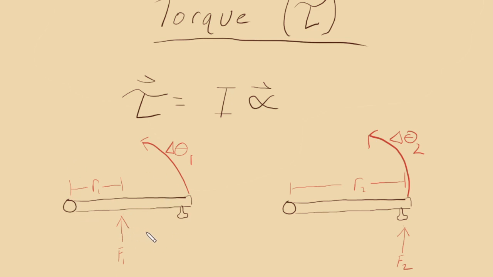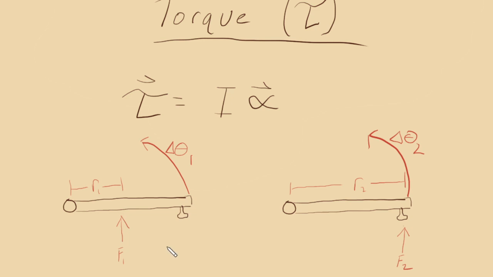So torque, what we'll see here is that torque is dependent on the location where we're applying a force, R, in this case R1 and R2, and it's dependent on the magnitude of force being applied. So from this example, we should take away that it depends where we put our force and the magnitude of force. But